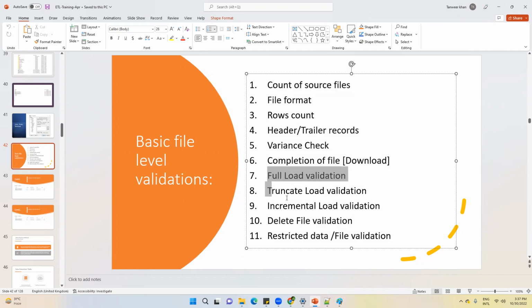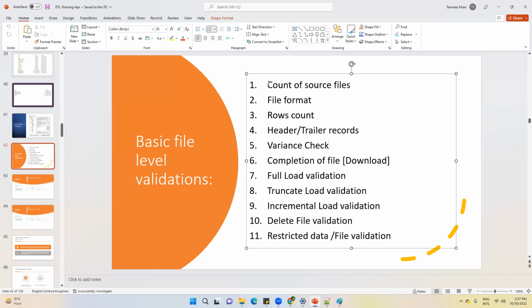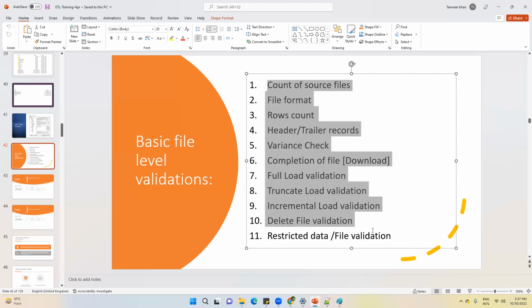Now, today I will concentrate on full load, truncate load, and incremental load. Although I started this in the previous class, today this is the main topic of discussion. And I will request everyone, before coming to the next class next Saturday, please revise the recordings of yesterday and today. In the next class I will show you how to load the data, and all these challenges that I have discussed yesterday and today, I will show you all those things. Okay.